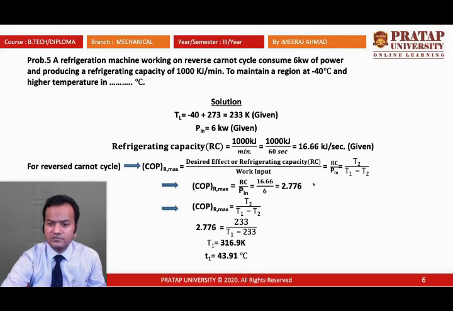First you find the maximum COP of the refrigerator. Then use the COP formula in terms of temperature. Using this COP formula for maximum in terms of temperature, put the value of the COP of the refrigerator in this and find the value of T1, which is the maximum. You get T1 in terms of Kelvin, because we are using temperature in Kelvin. So this Kelvin is converted to degrees Celsius.